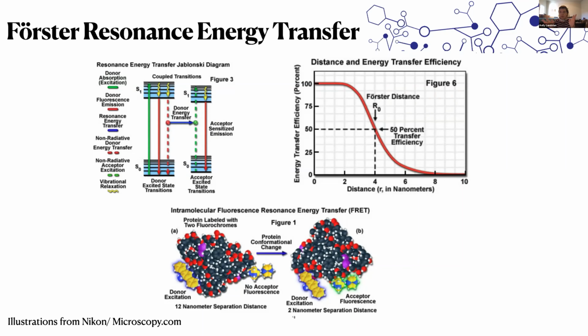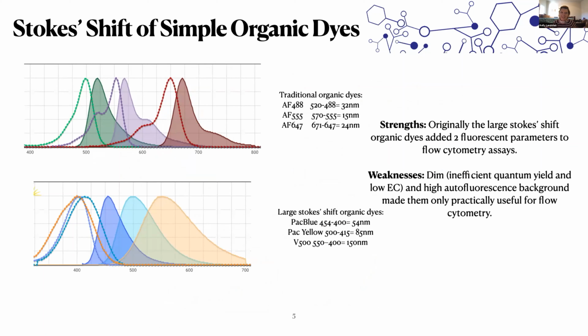So with simple organic dyes, the traditional Stokes shift that we're looking at is typically small. Anything that we consider to be bright and useful in microscopy, we're lucky that these molecules shift, they're not just chromogenic. So we're looking at around 25 nanometers worth of a shift in excitation to emission. If they do become longer than that, like the three that I have below, Pacific Blue, Pacific Yellow, and V500, they tend to not be very bright because of, when they jump to that excited state